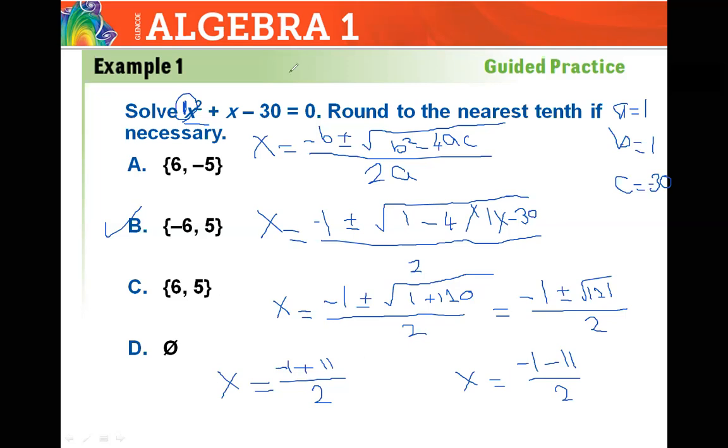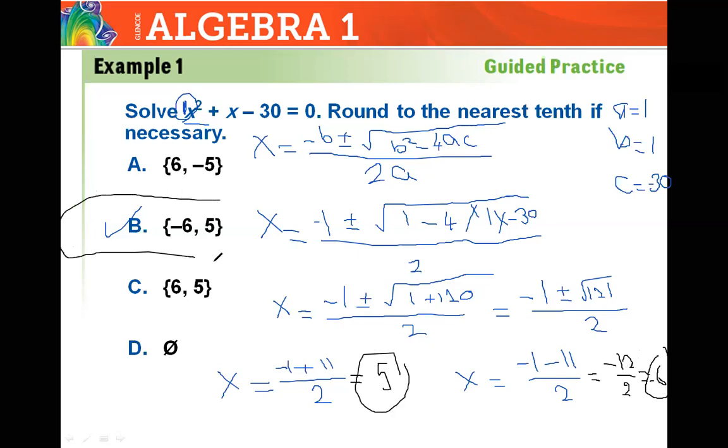You get the result here. Negative 1 plus 11 equals 10. 10 divided by 2 equals 5. And the other side, negative 1 minus 11 is negative 12. Negative 12 divided by 2 is negative 6. So the result is what, Hashim, now? x may be negative 6 and may be 5. It's the same answer as Muhammad did. So you have now two ways. If you have any quadratic power 2